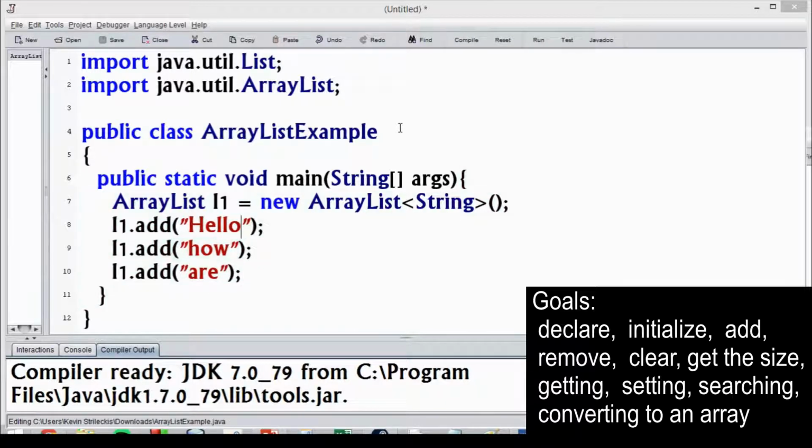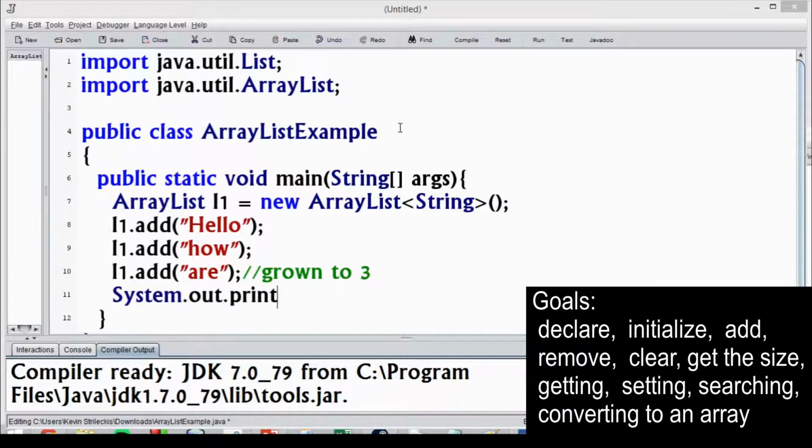All right. We added 3 new elements, and right there you'll notice I never said how big the ArrayList is going to be, but as I add elements to L1, it has now grown to 3. And we can see that by accessing the size method. So if I were to go ahead and print out L1.size,